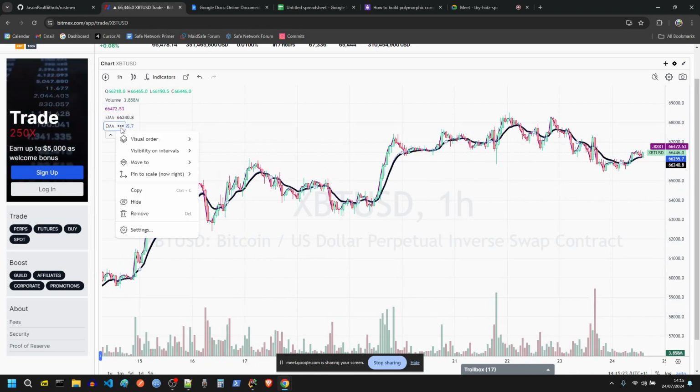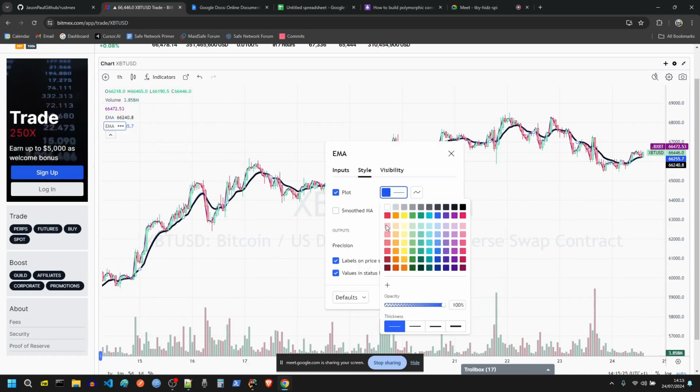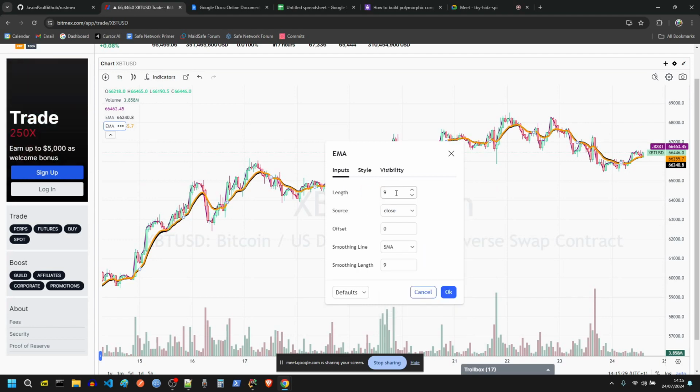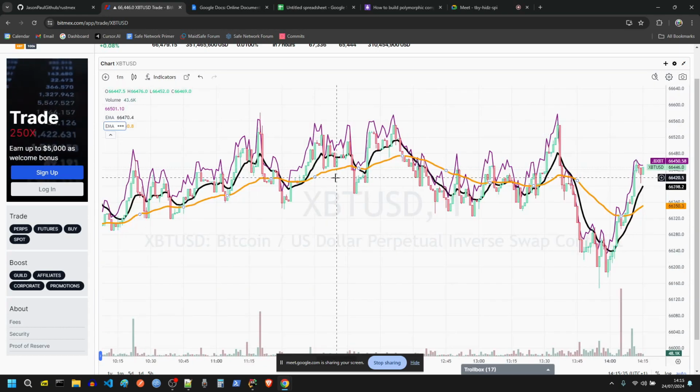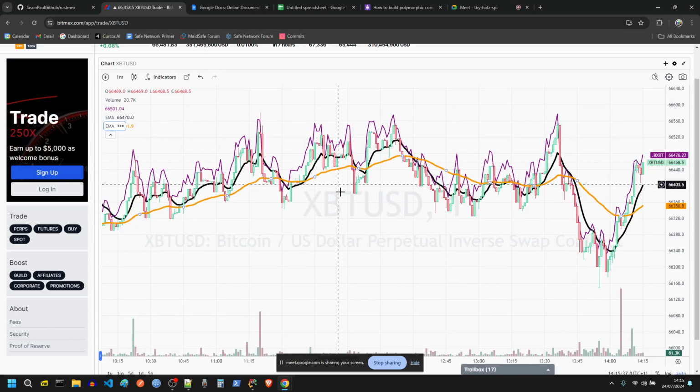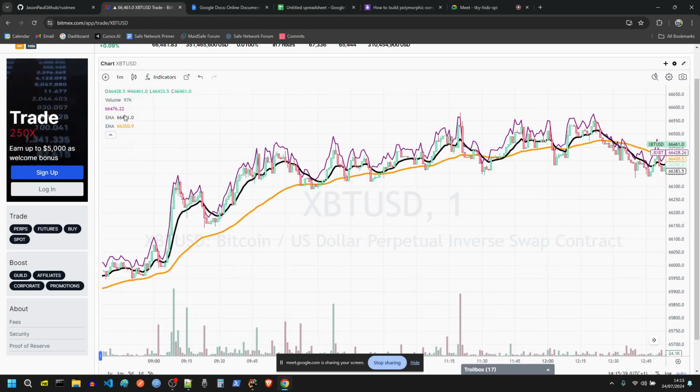The second part is we will make this orange and we'll make that thick and we'll put the input as 50. And because this is going to be on a 1 minute time frame, the idea was to approach how scalping would be,